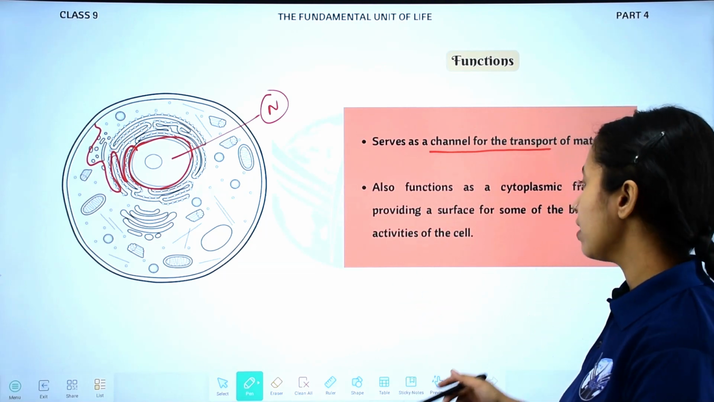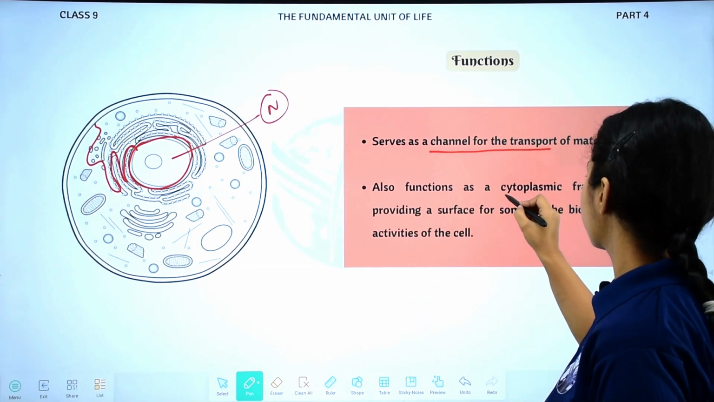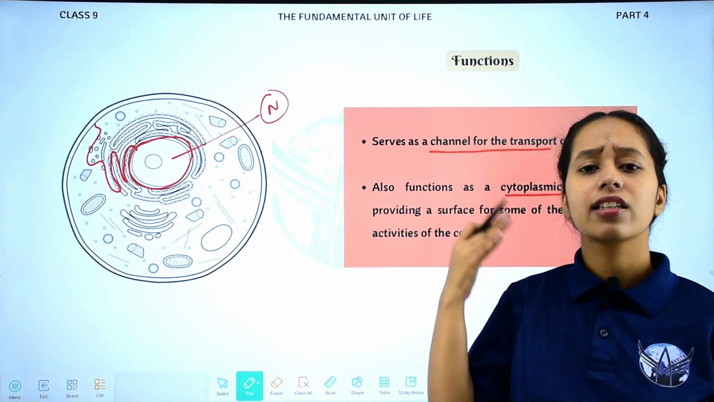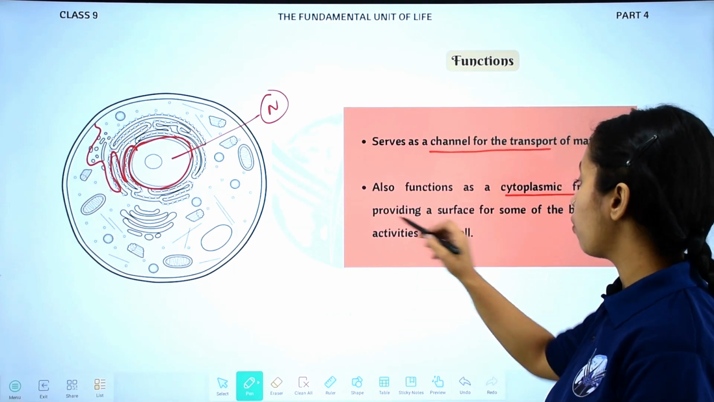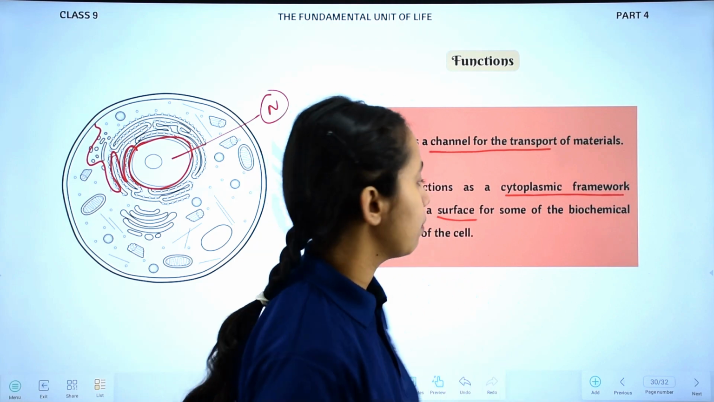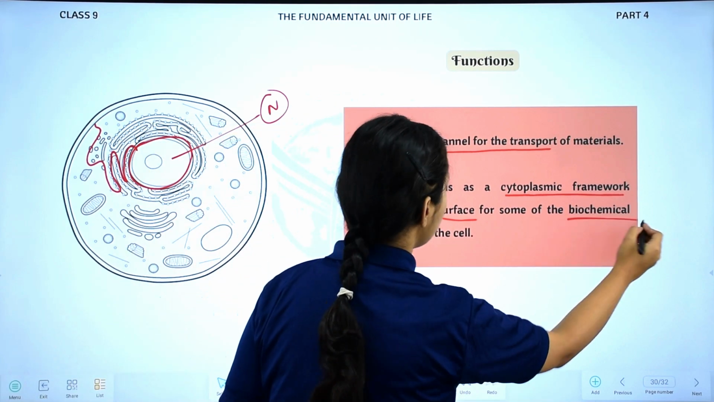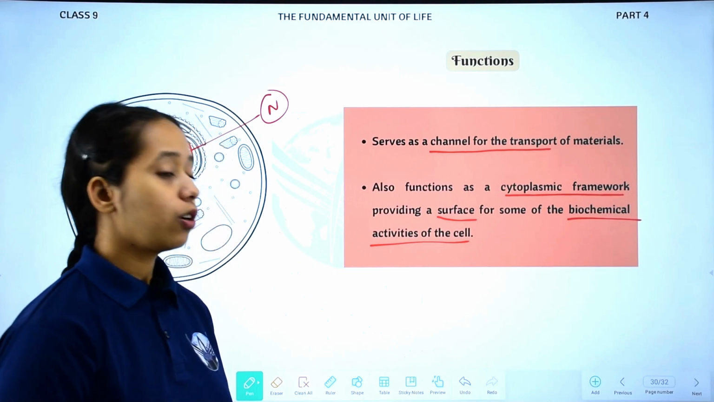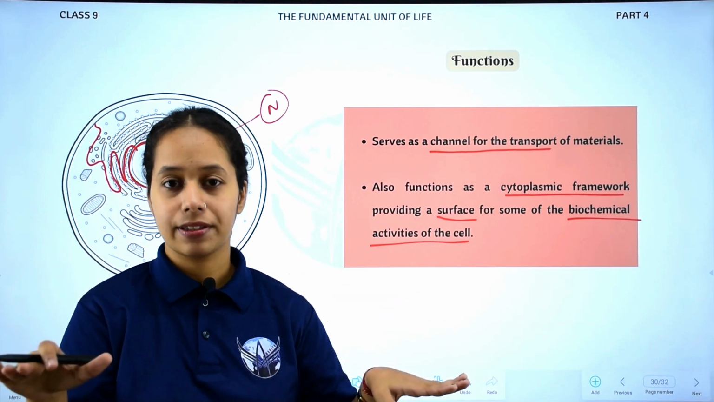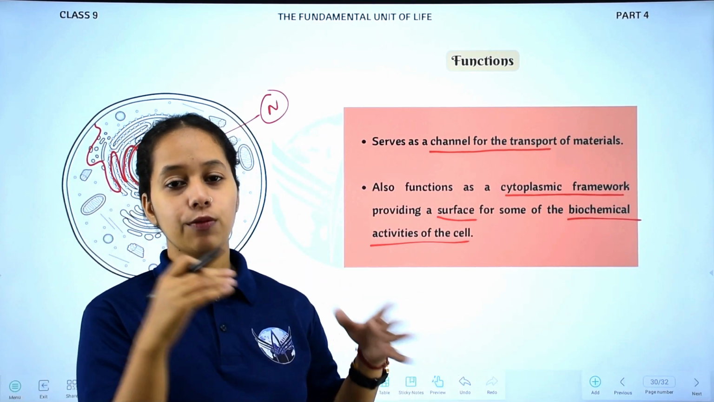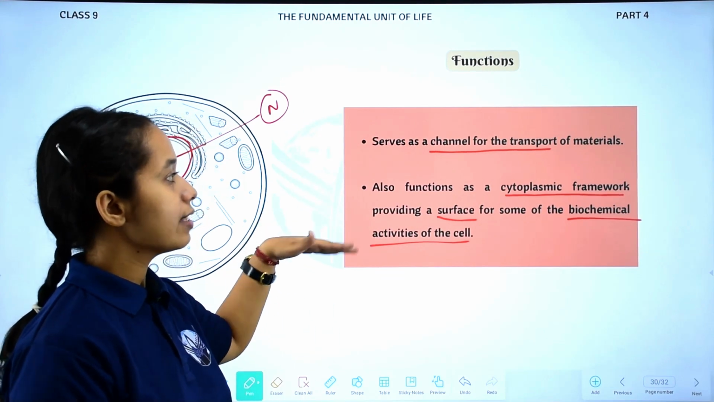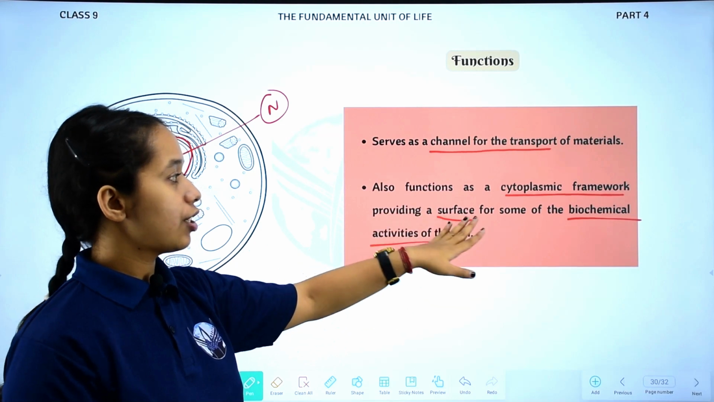So what is the second point? The second point is that it also functions as a cytoplasmic framework. Now what is a cytoplasmic framework? It means it provides a surface for some of the biochemical activities of a cell. For the biochemical activities to carry on, a surface is needed, and the endoplasmic reticulum provides this surface. So under functions we can write these two points: serves as a transport channel and functions as a